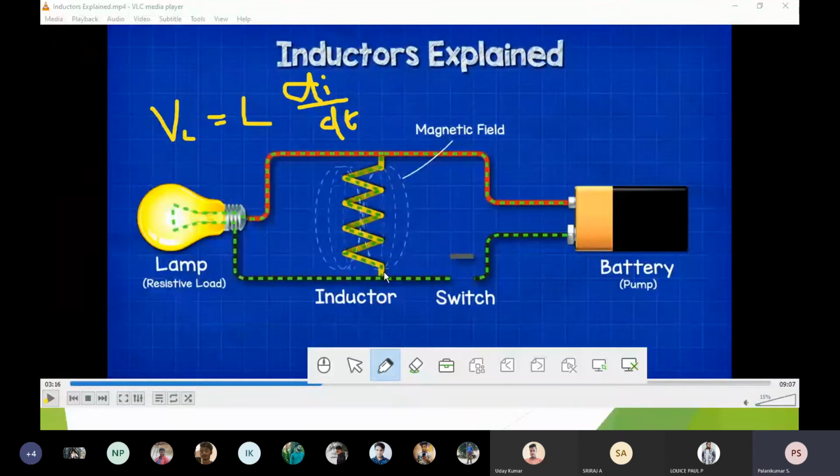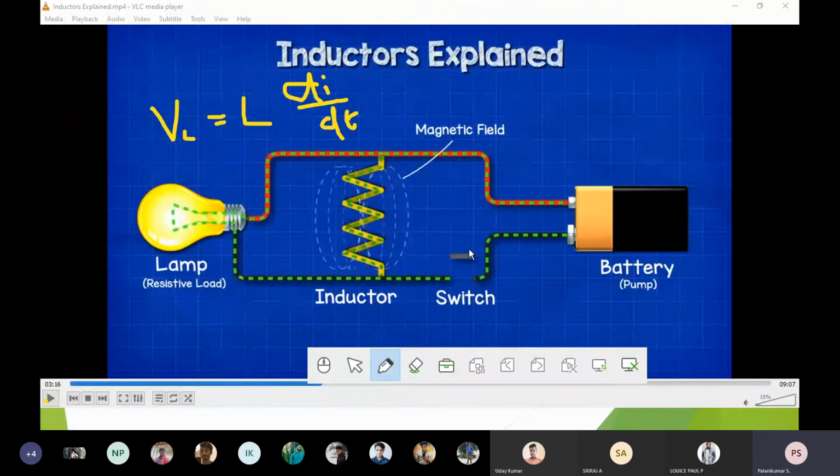After that, because some current is going, a magnetic field is set up. That magnetic field gives a very high value, which once again facilitates the flow, and now the opposition becomes almost zero. It's not opposing. There will be a flow of current, so instead of through the lamp, now the complete current flows through the inductor. So now some amount of energy is stored.